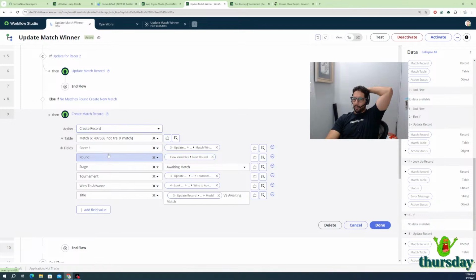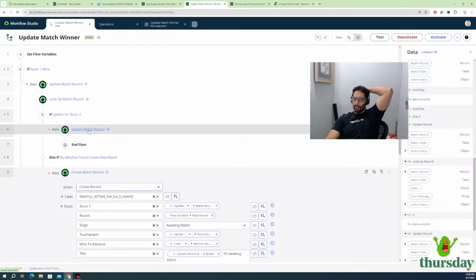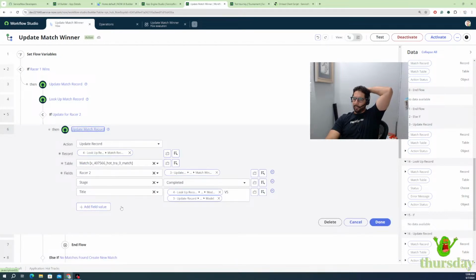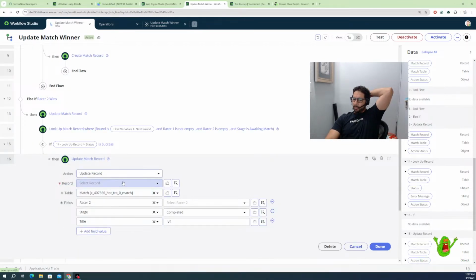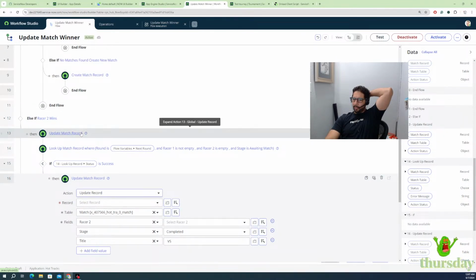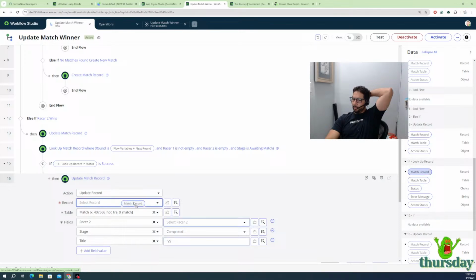This says create record. Update match. Actually, this is one. Okay, so updates. And here it goes and it updates also. So it's gonna update this one, the lookup, right? So 14, match record. And racer 2 is gonna be